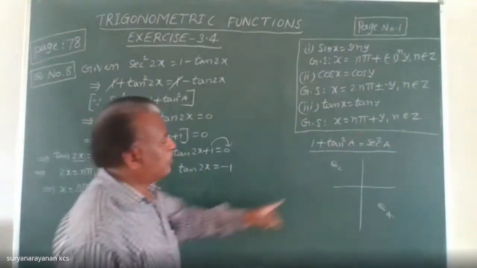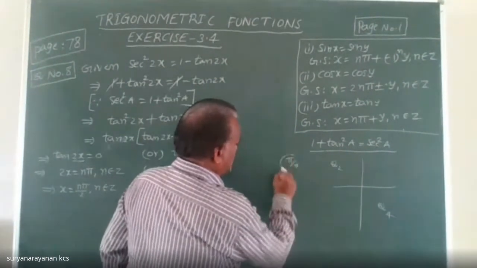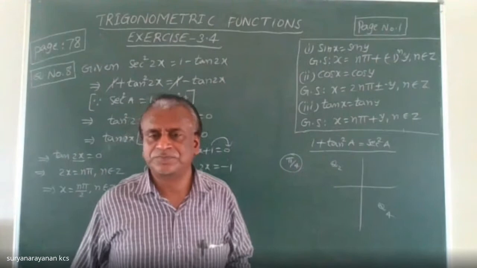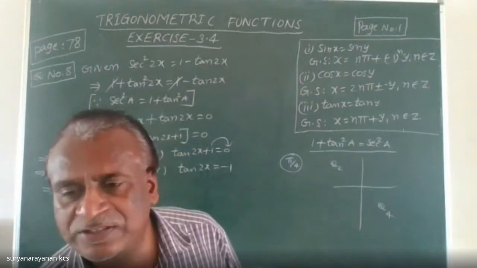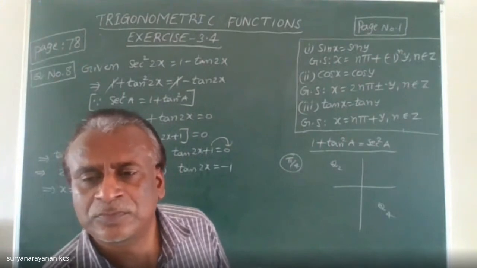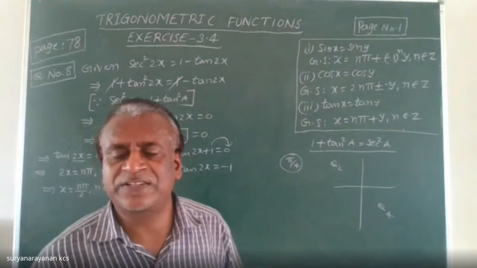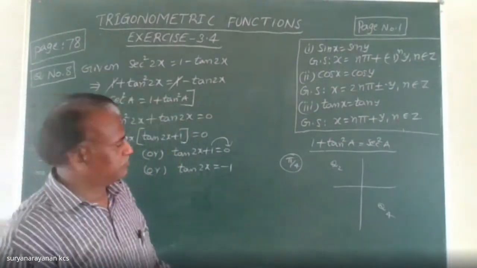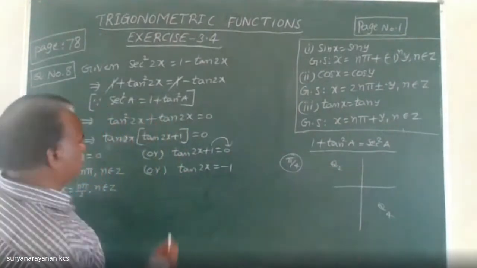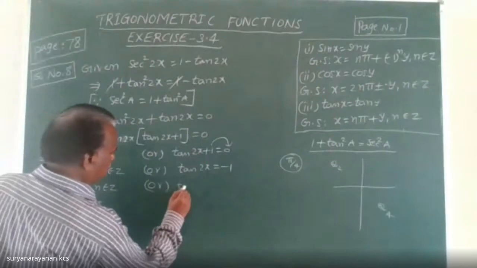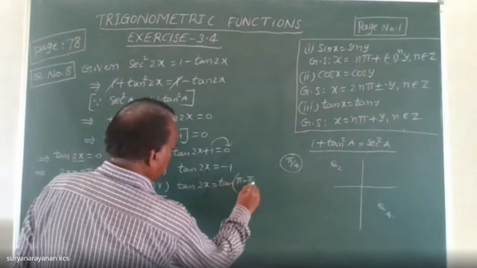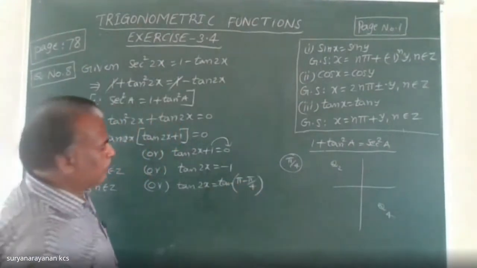Yes. So how do you express the angle in the second quadrant? Yes, pi minus pi by 4. So, tan of pi minus pi by 4, or